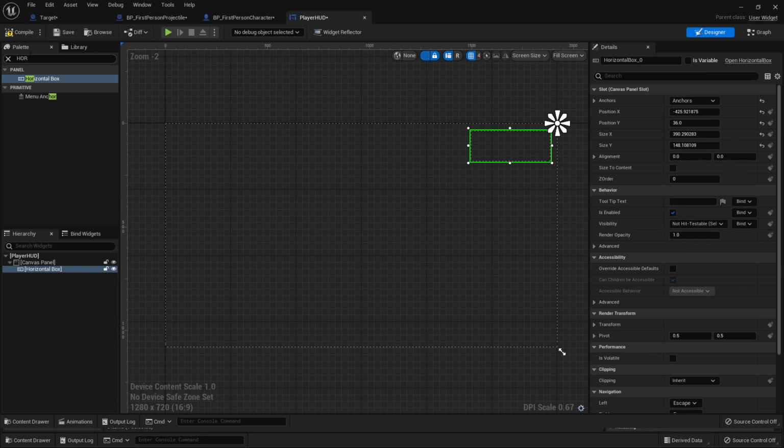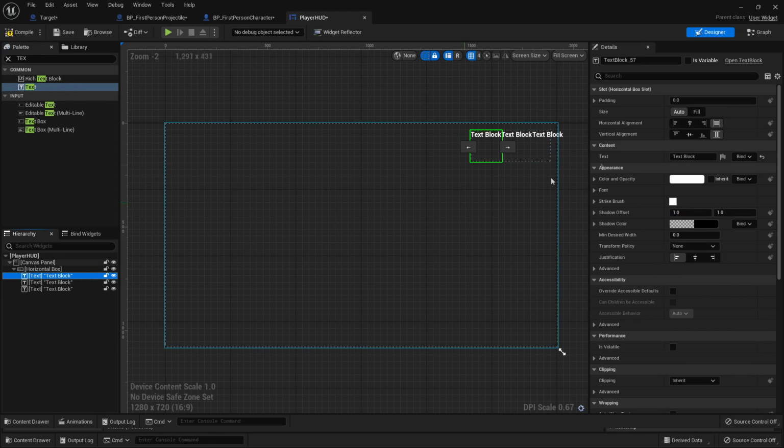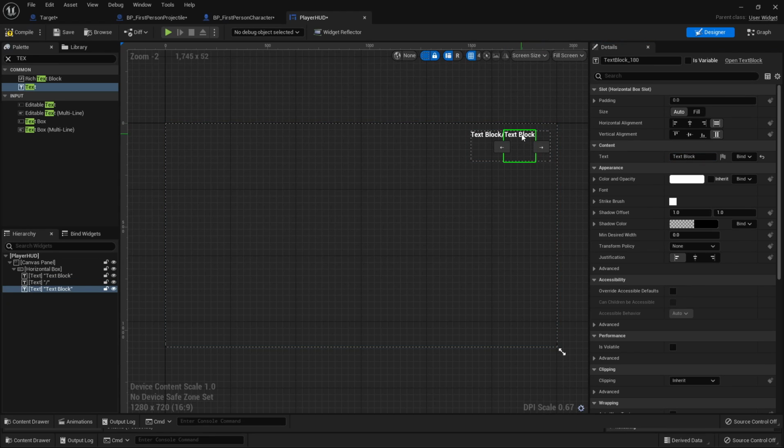Once we've done this, we then just want to look for some text and drag 3 pieces of text inside of this horizontal box. This first piece of text, we're going to make it show how many targets the player has hit. This second piece of text, we just want to change this to be a slash so that there's a divider. And this third piece of text, we're going to make this display how many targets there are inside of the